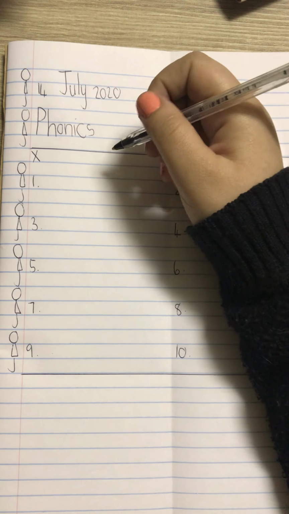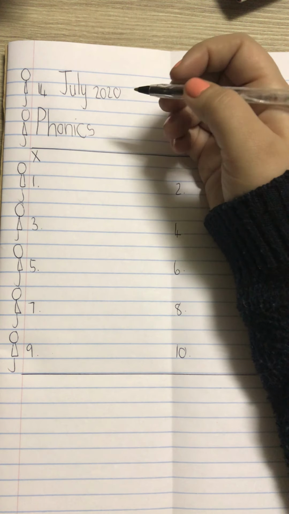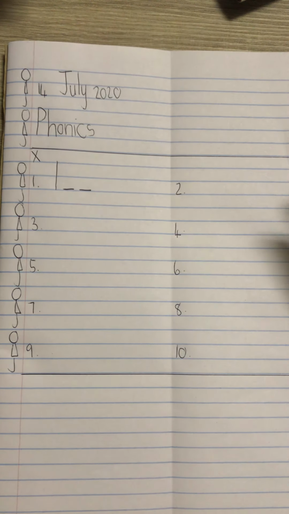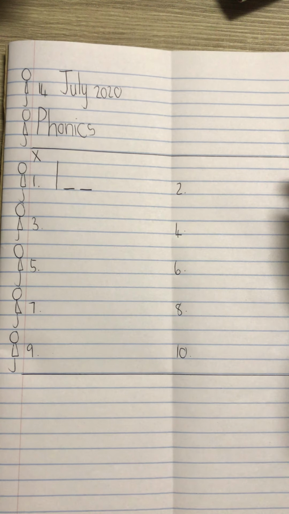Number 1 is the opposite of the truth. When I don't tell the truth, I tell a lie. How do you spell the word lie? Number 2,